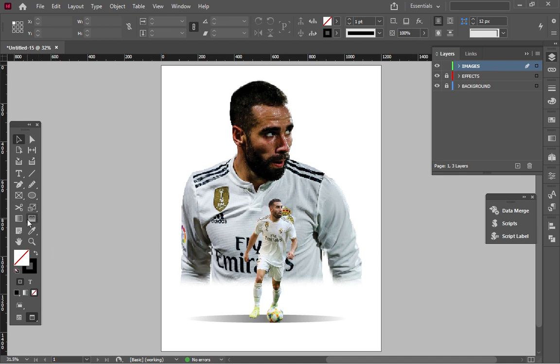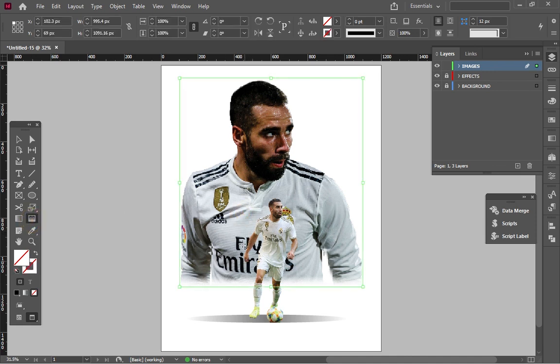With this, you can also add the gradient feather tool. Okay, it depends on you. You can add a little bit to it, or you can just ignore it. Okay,